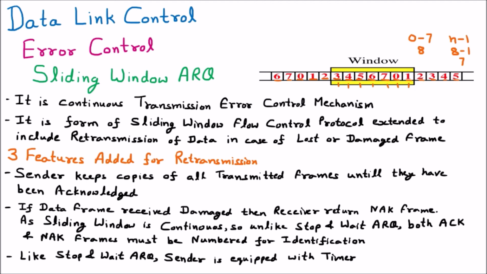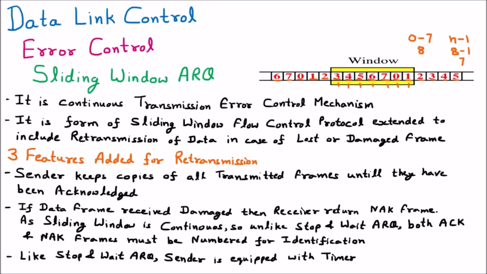Sliding window and error control both have a relation, because the sliding window ARQ deals with errors. How? Whenever a frame is damaged, lost or corrupted, then it is going to send those packets again. Similarly, stop and wait also works. It also sends the retransmitted packets in terms of the lost or damaged frames. Now here in the sliding window, three features are added. We know that sliding window protocol is the protocol of flow control, and here the three features are added and it becomes the sliding window ARQ of error control.